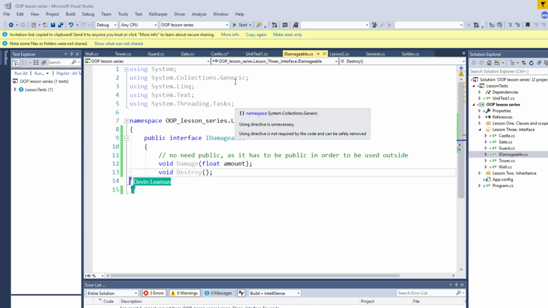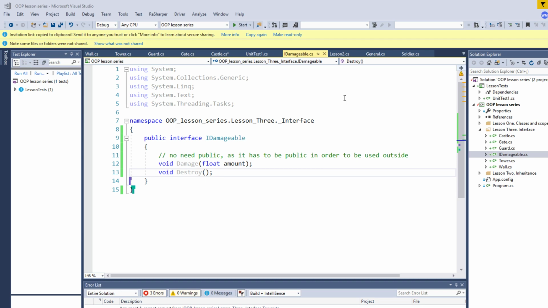An interface is an abstraction, essentially. It is a contract which tells what your function needs, what your class needs to do. I said that it's an abstraction, and that means that it doesn't have to have an implementation. It shouldn't have an implementation, and when you define an interface, all it has to have is a bunch of functions